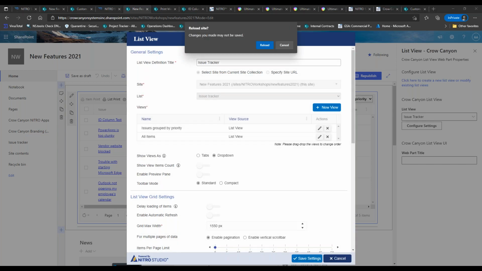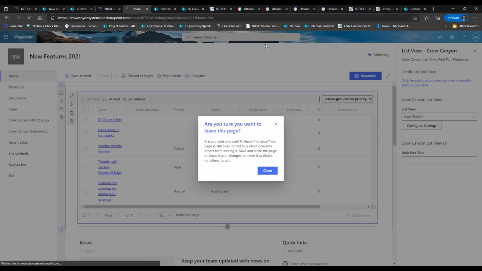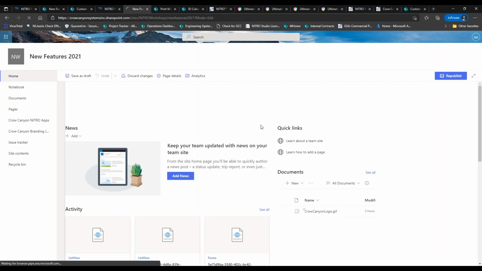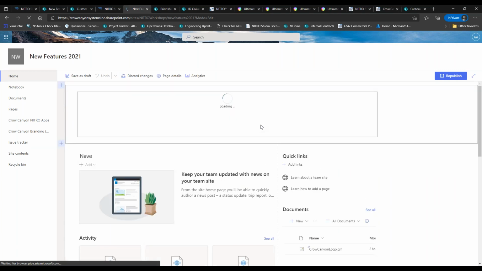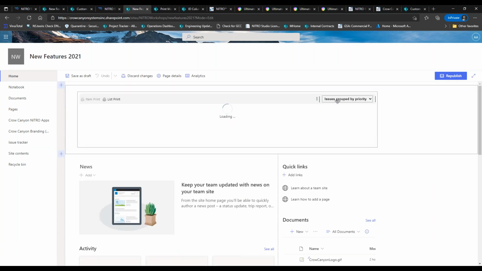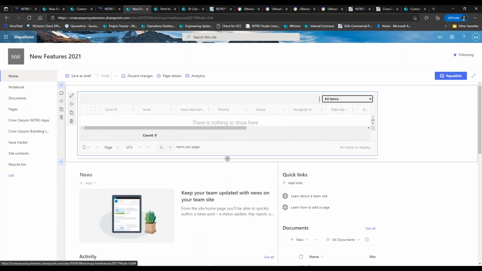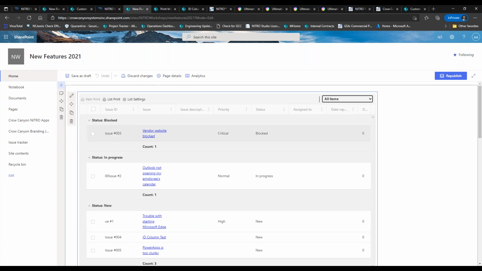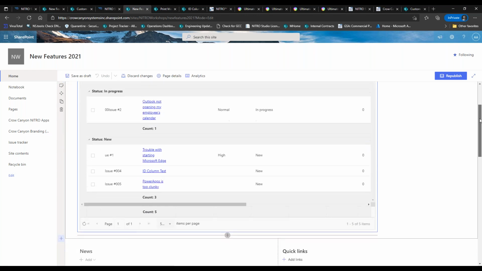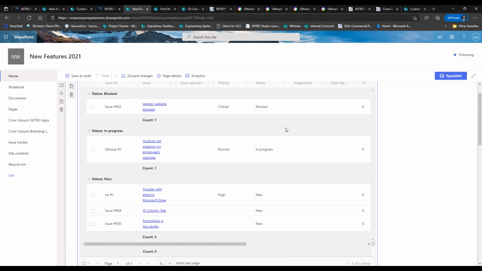column. So you can save those settings, reload that. And now if we go to that all items view, which is the one I was just modifying, no count on this one because I removed it. And it's got the count back, and it's also got the grouping because we added that grouping in by status. So each one of the statuses has a count, and then you can have the total count at the bottom